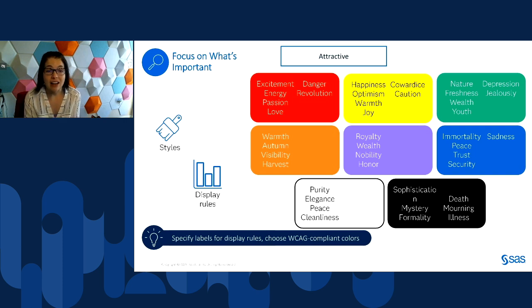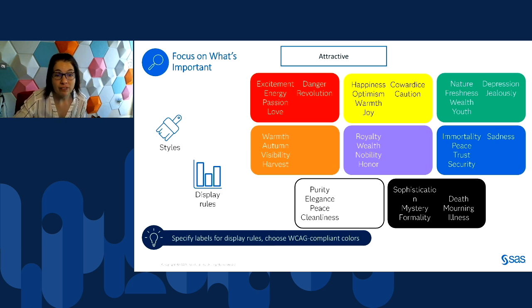As you start adding color to your report, however, you need to think about what emotions those colors invoke. And those emotions can be different depending on where you're located. Here are some examples of some colors you might use in your report. On the left side, we see all of the positive emotions. And on the right side, we see the negative emotions. So you want to consider both of those as you choose colors for your report.